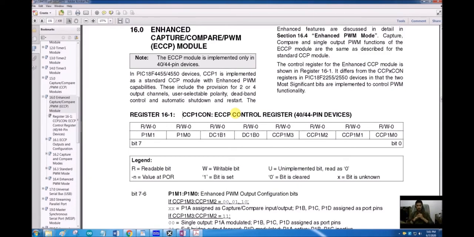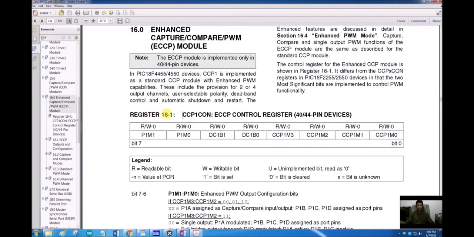But in regular mode, the PWM was generating only one PWM output. So the ECCP mode takes care of that. The only advancement is that it has 3 more bits associated with it, and we can generate up to 4 different signals at a time using this module for a complete full bridge input control.